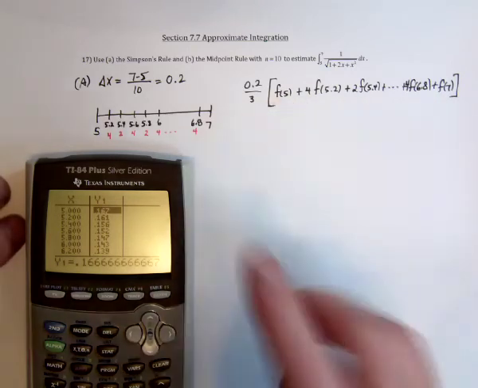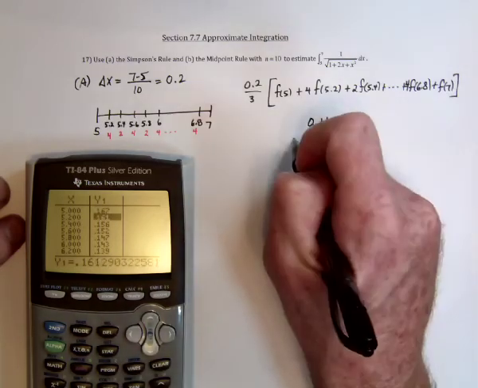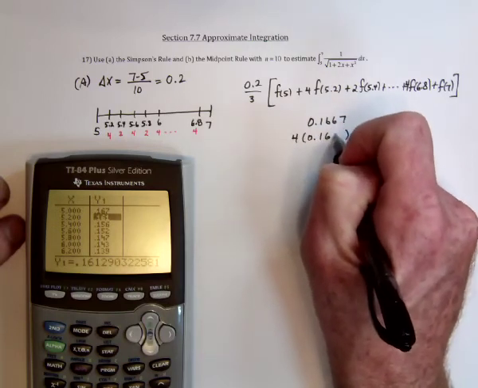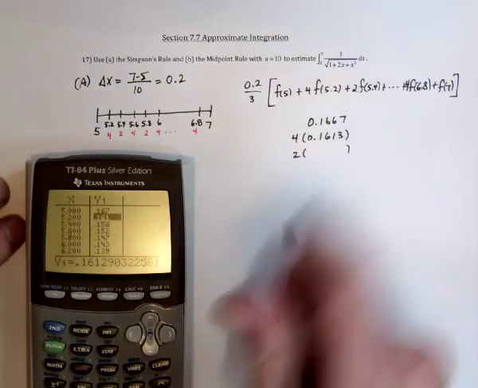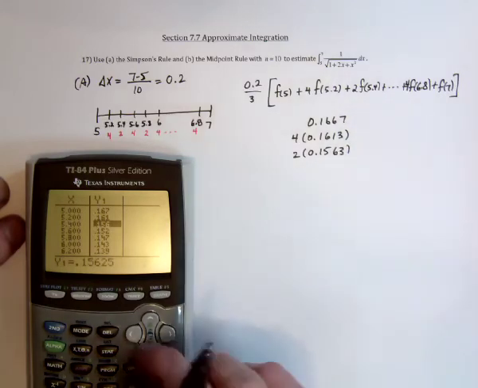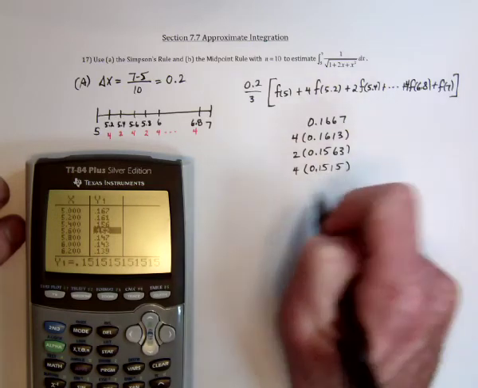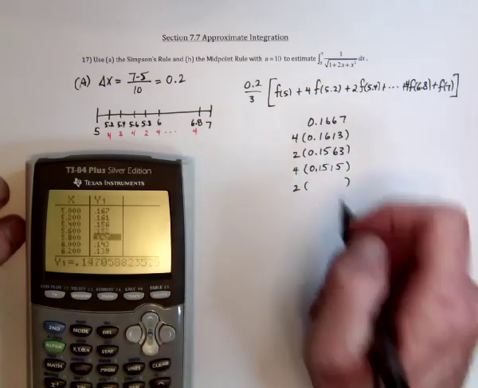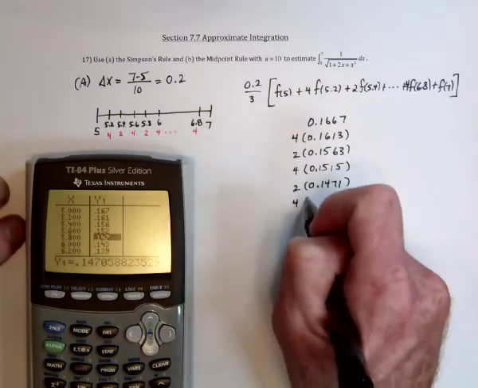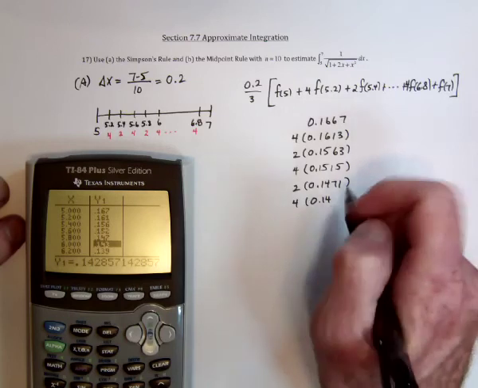So first is f of 5, so that's 0.1667. Next is 4 times, this one would be 0.1613, and then 2 times 0.1563, 4 times 0.1515, and 2 times 0.1471, 4 times, look at that, we're almost halfway done, 0.1429,